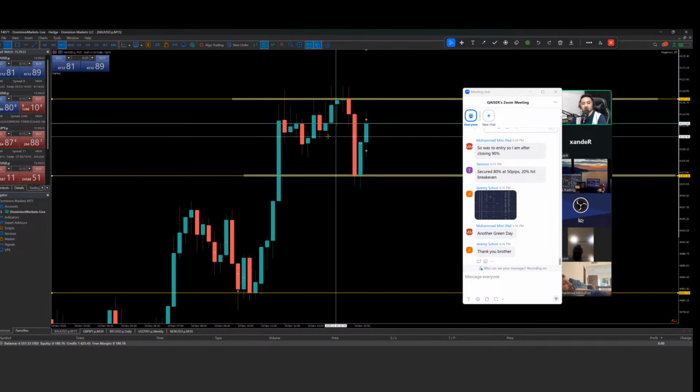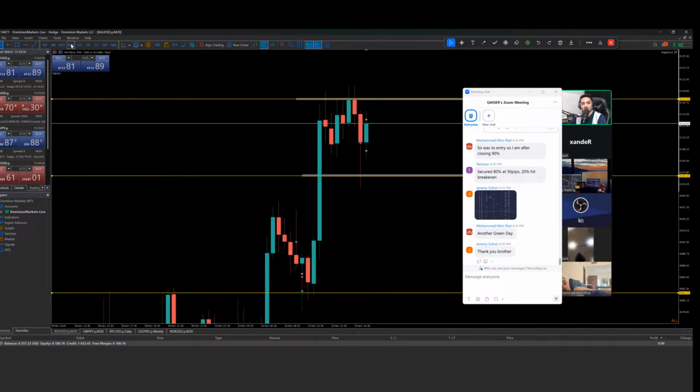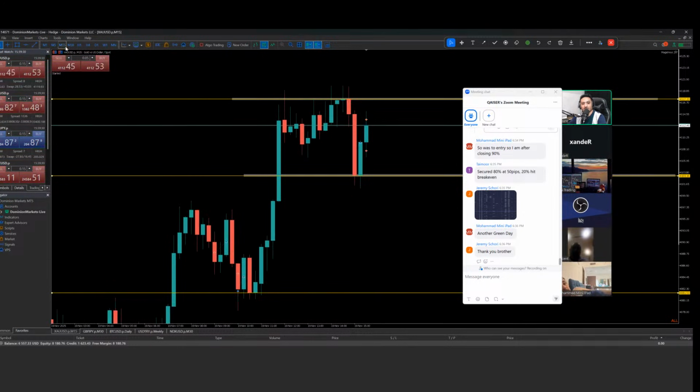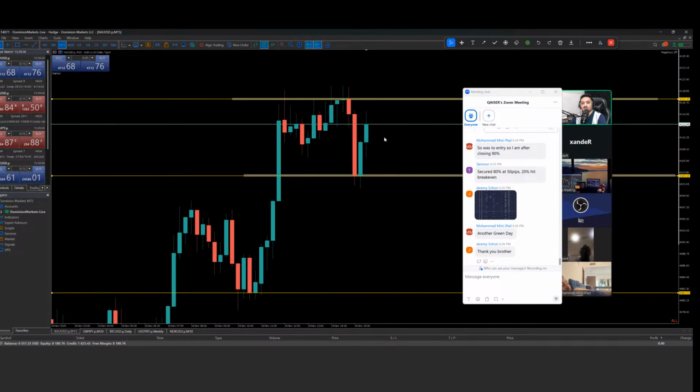Yeah, it came down. This is the second time during the live stream it came down, hit my break even or my stop loss, and then continuously pushed in my direction. It's the second time it happened. Actually, you know what? Yeah, man. Let's see. Now just waiting for this candle to be closed. Let's see.